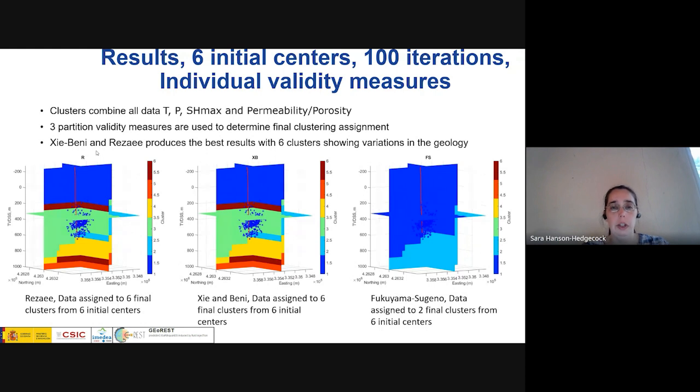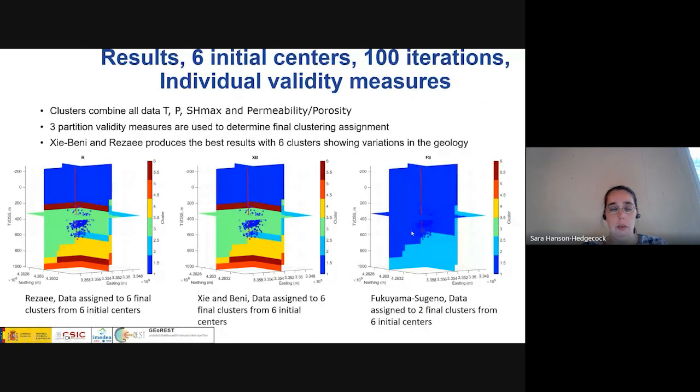It basically measures how alike members of a certain cluster are, and it gives you a certainty. The combination of those can give you better results. So you can see here the different validity measures when combining all that data